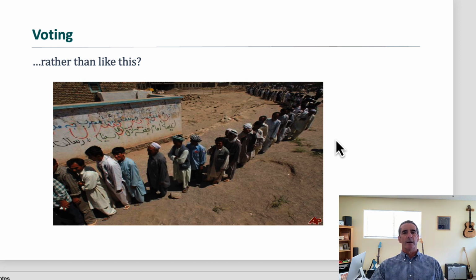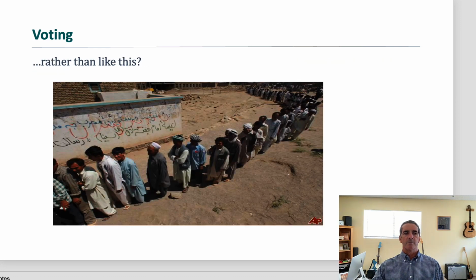And this was despite the fact that the Taliban in Afghanistan, a group that opposed democracy and certainly then opposed elections, actually issued threats of violence against voters and carried out some of those threats. In this election, people would vote by dipping their finger in some ink and using that ink to mark the ballot, and the ink on the finger was basically an indicator that they had voted. Some people had those fingers cut off by the Taliban as a pretty violent warning sign against voting. Despite that, people lined up like this in order to vote. Again, though, in the United States, we tend to look more like this than like that.